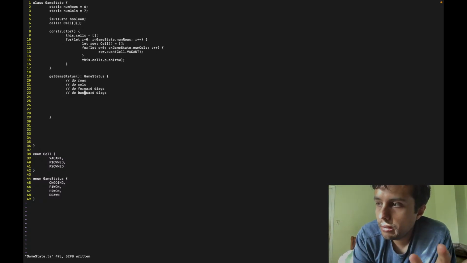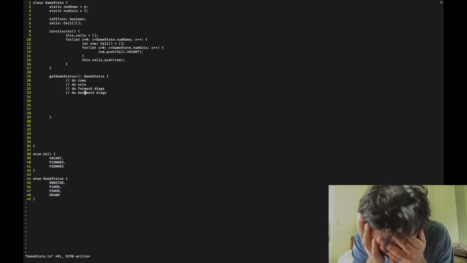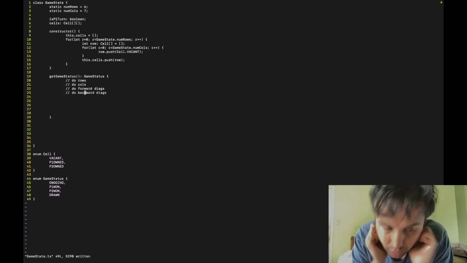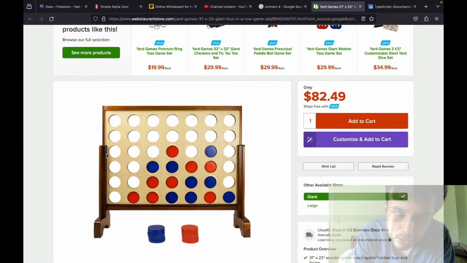Okay, first of all, I'm going to start by saying that the number of cells in Connect 4 is super tiny. It's only 42, 6 rows and 7 columns. So it's not such a big